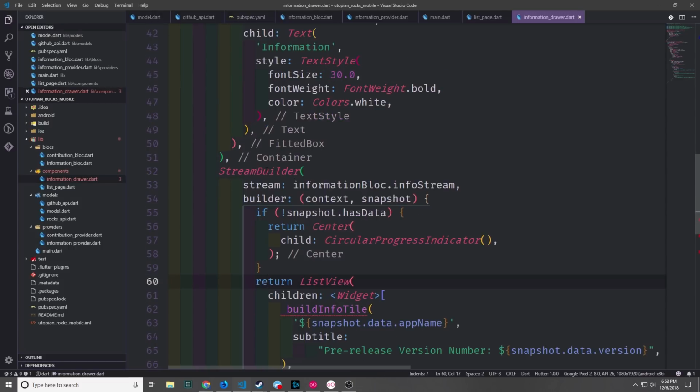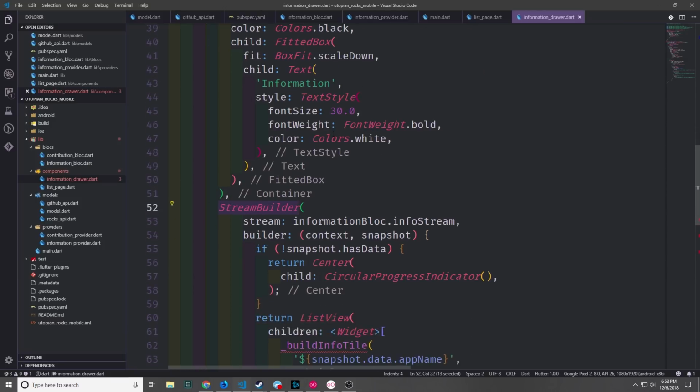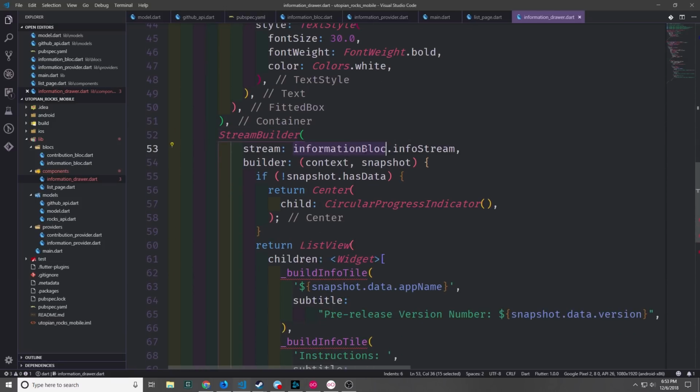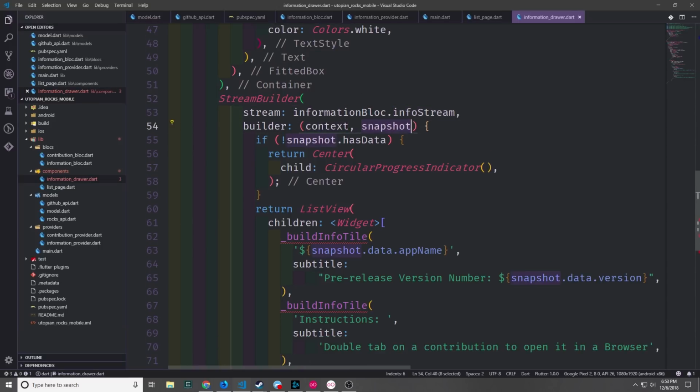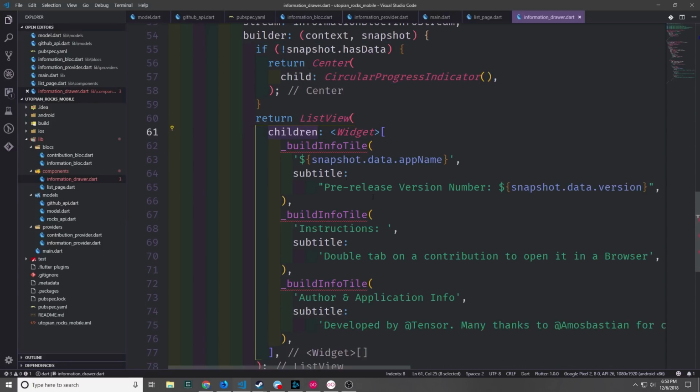Now we can create a stream builder below the container with our title inside of it. And we want the stream builder to be on our information block info stream. We'll pass in the context and then the snapshot. And if the snapshot has no data, we'll return a center with a circular progress indicator inside of it. Otherwise, we'll return a list view where we create the children, and we'll create a function here called buildInfoTile, and